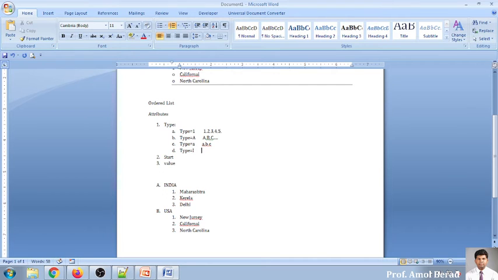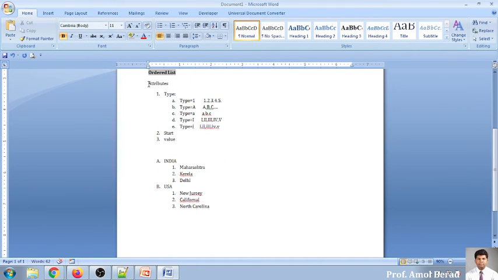So automatically it will give Roman numbers in uppercase like I, II, III, IV, V. If I use type is equal to small case i, it will be lowercase Roman numerals: i, ii, iii, iv, v, like this it will be displayed. So 5 types can be used in an ordered list. Is it clear to everybody?